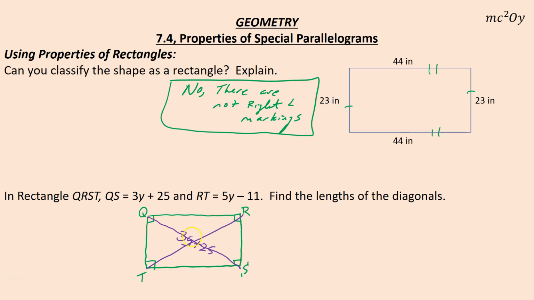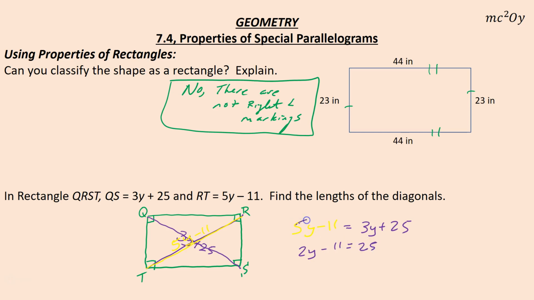All right, and RT, maybe a little more complex, but 5y minus 11. So I kind of have that. Now I know that that's kind of a mess way of drawing it, but what I do know are diagonals are congruent here. So I know that 5y minus 11 is going to be equal to 3y plus 25. Okay, so I move that 3y over, we get 2y minus 11 is equal to